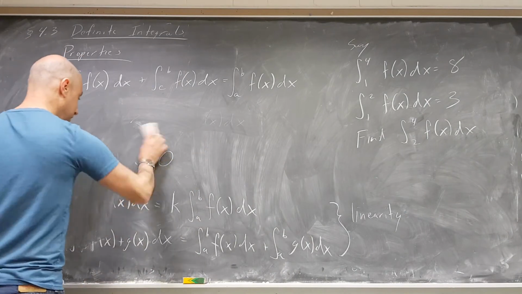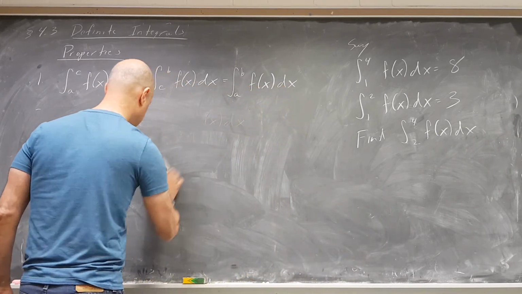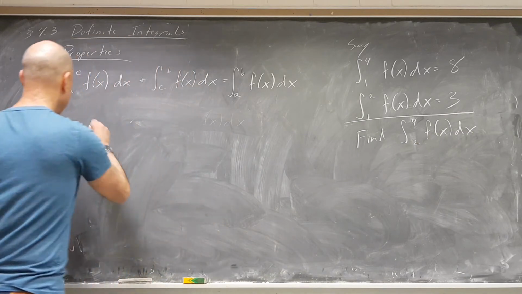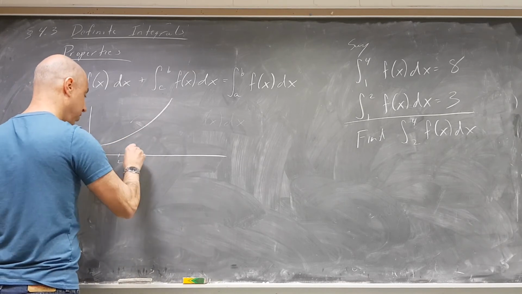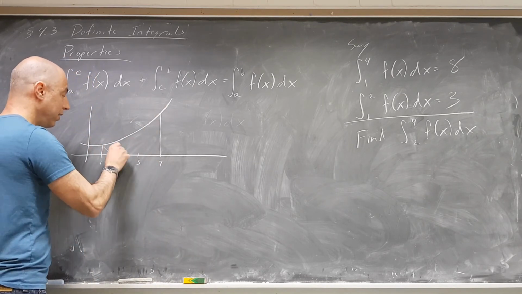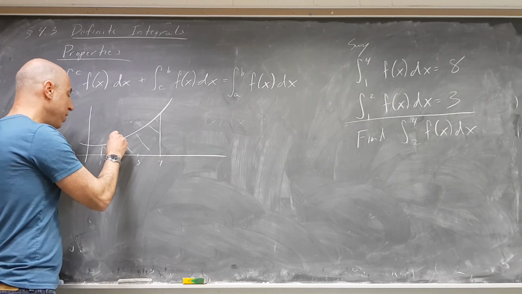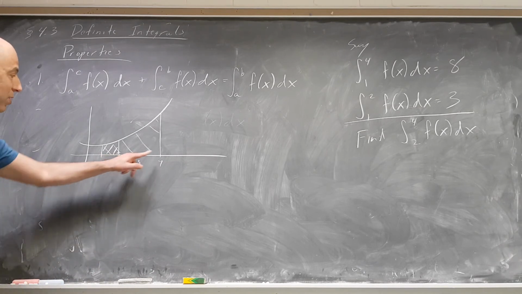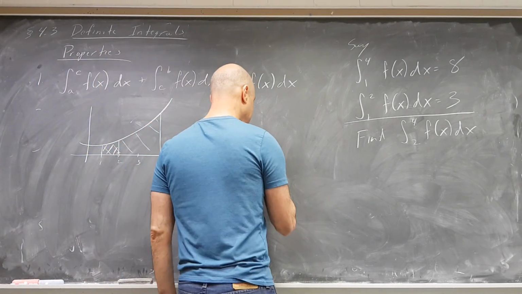Let's sketch ourselves a little picture. So we know this, and we're trying to find that. Whatever this curve looks like, 1, 2, 3, 4. We know that this whole area under here, from 1 to 4, is 8. We know that the area between 1 and 2, that little area is 3. I'm asking you to find the area between 2 and 4. You could just sort of visualize it, but you know that the integral